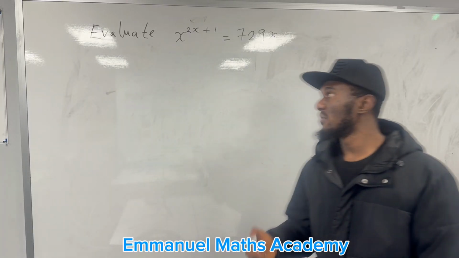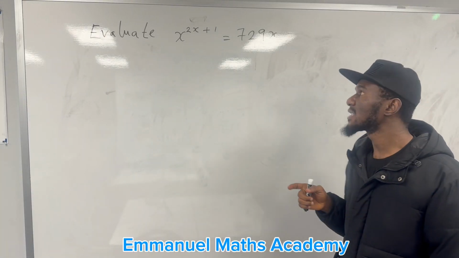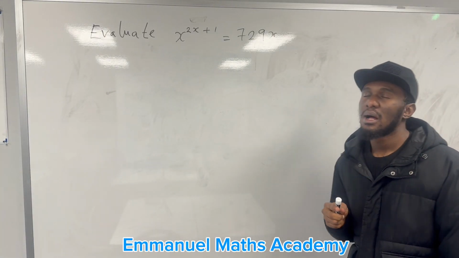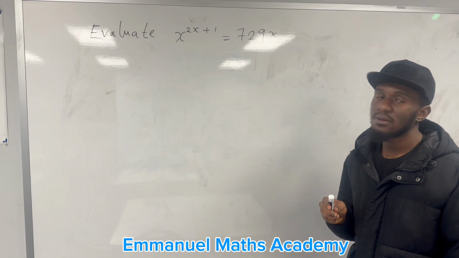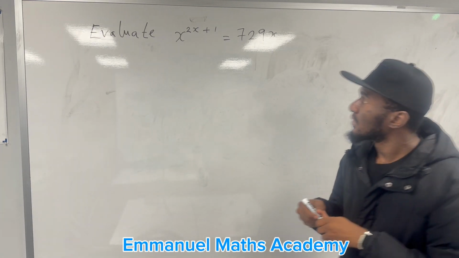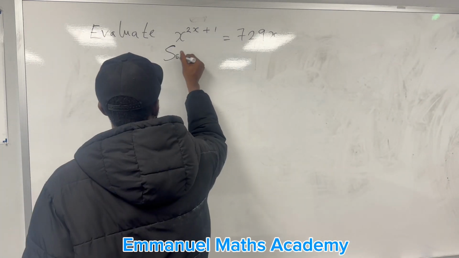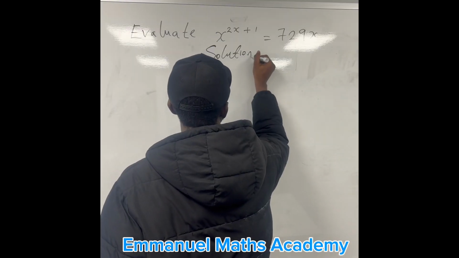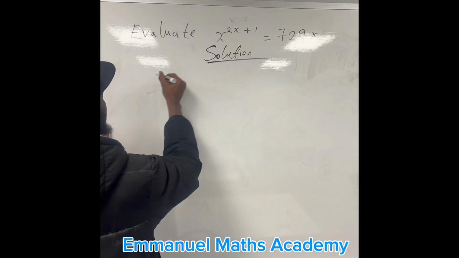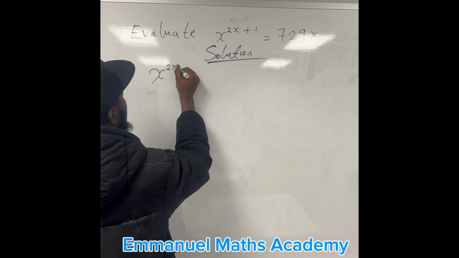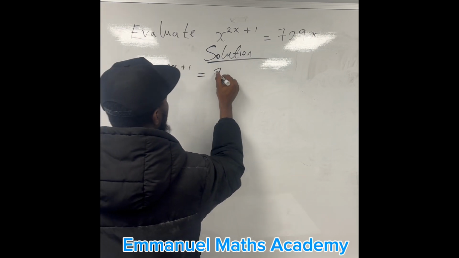Hello, so we want to evaluate what we have on the board. x^(2x+1) = 729x. Right, so solution. So from here, if you have x^(2x+1) equal to